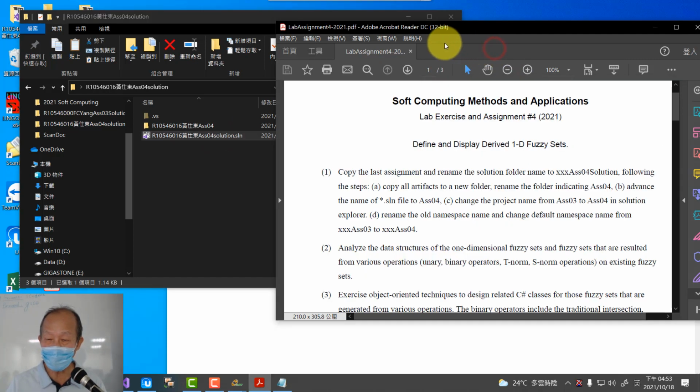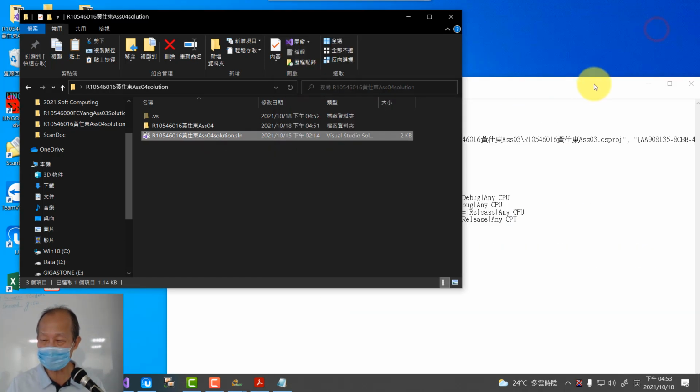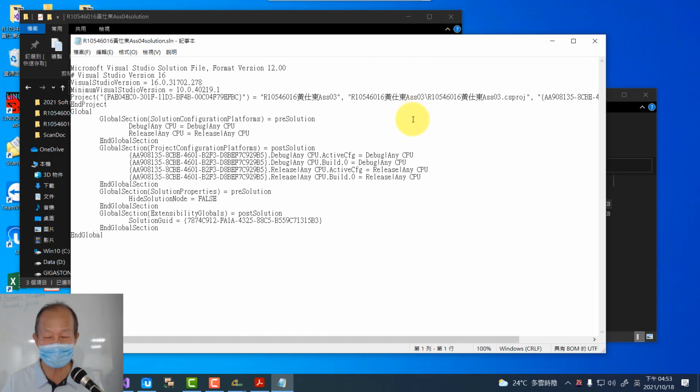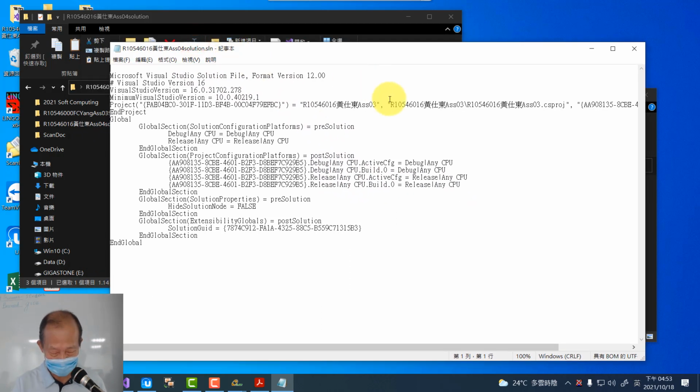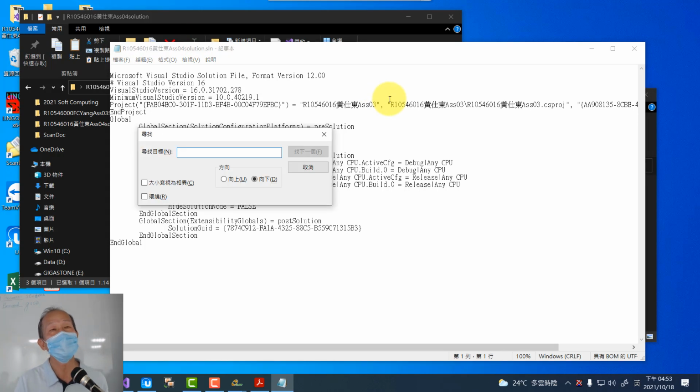As I mentioned before, don't worry about this solution file. Usually you don't need to touch it, but in this case, we need to make some modification. Once you open the solution file, the target should be 03, so you can use Control F. Control F is search by default, no matter what kind of application you are using, probably a text writer or a programming editor. You can always try Control F. Control F tries to find. So we can find